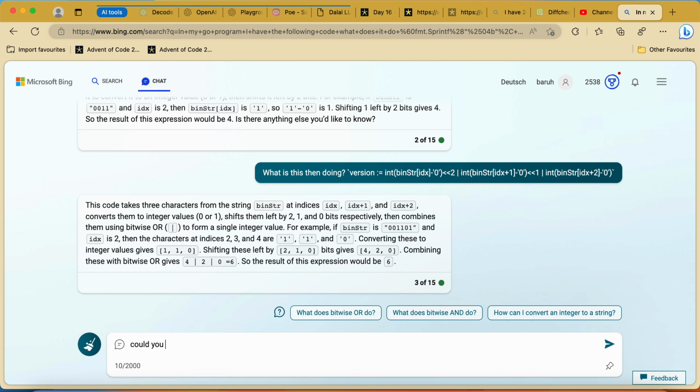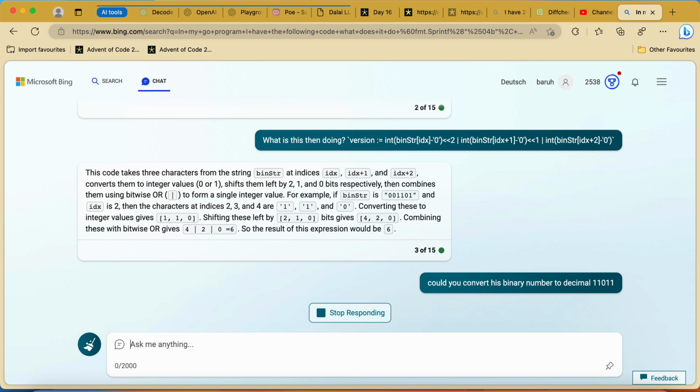Could you convert this binary number to decimal? Okay, let's see. Here we need to have